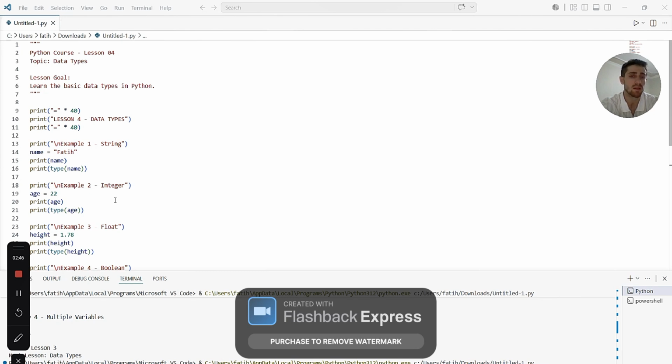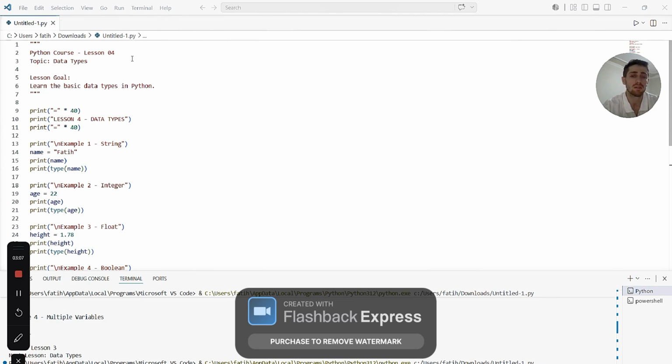Code explanation. This prints 40 characters, these characters. Print lesson 4 data types. This prints the lesson title, the purpose is to show the lesson name. This is Python course lesson 4.